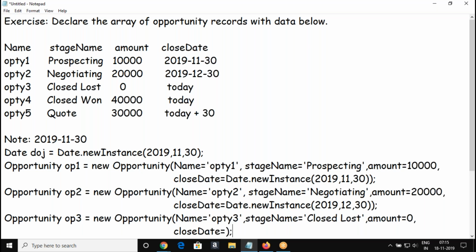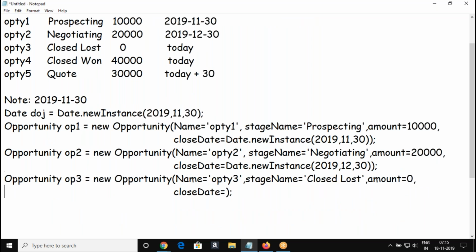So whenever this code runs, that particular date should be taken. What is the current date? That date should be taken. We have a system class. The system has a function called today. So system is a predefined class where we have a debug function, system.debug, right? There we also have a function called today. So today will return the current date. So that's what I'm going to store into the close date variable.